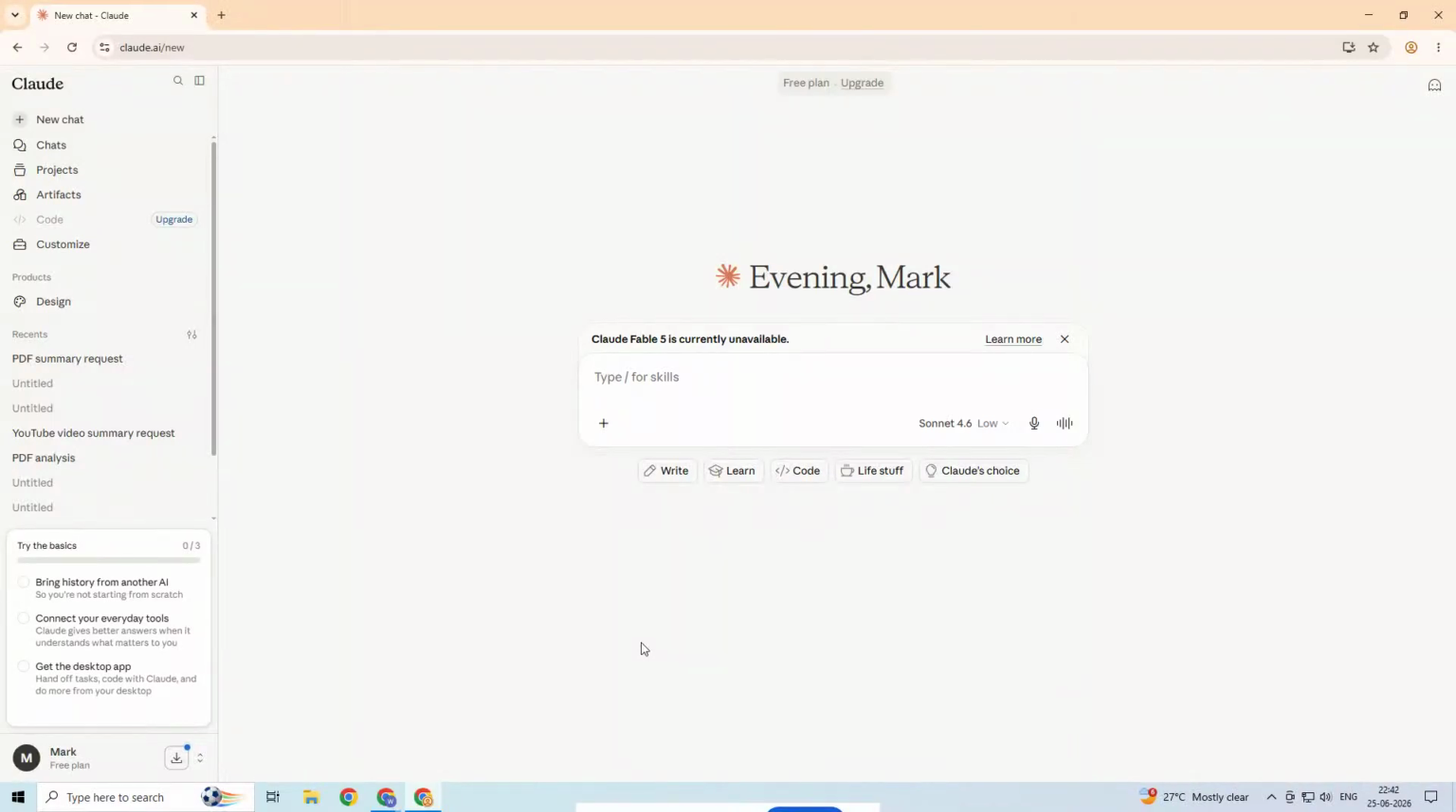In today's video, I'm going to show you how to change the font in Claude AI in just a few simple steps. If you've been using Claude and want to make the text easier to read, or you just want a different look and feel while you work, this quick tutorial will walk you through the process from start to